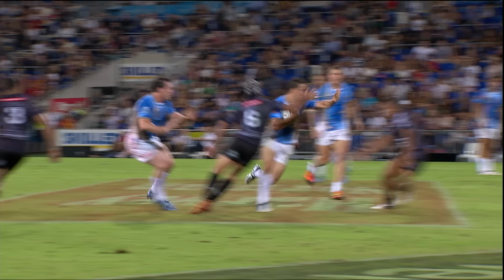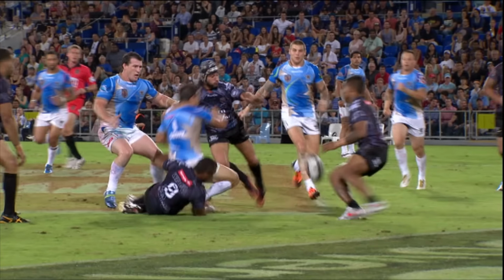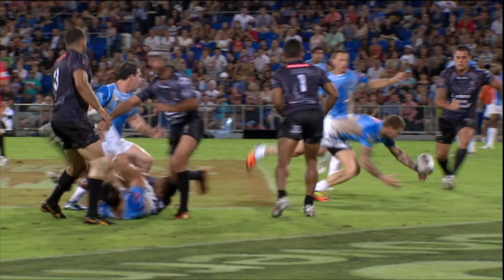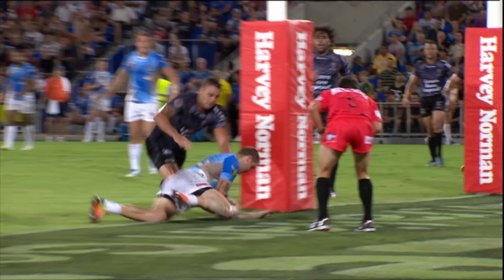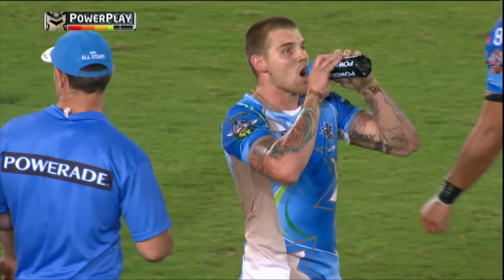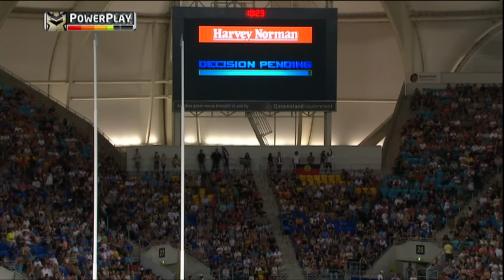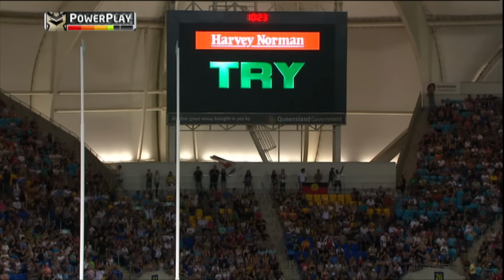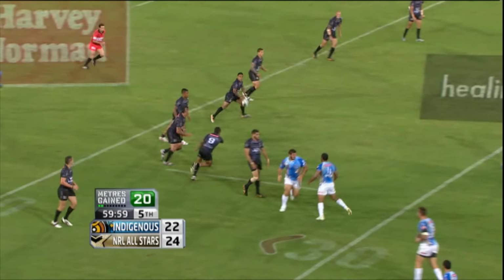Josh Dugan, man of the match. Preston Campbell medal winner last year. He's juggled it, he's propelled it, he's got a finger under it, and he plants it down. As you point out, Ray, he was a Preston Campbell medal winner in this game last year, and he played State of Origin last year as well in game 1. One of his South Sydney teammates and Michael Jennings combined to put him down.